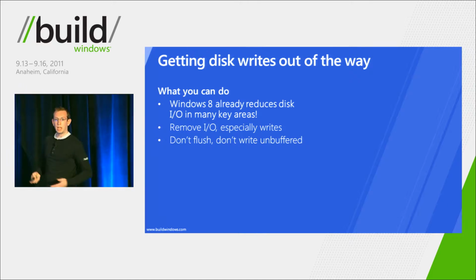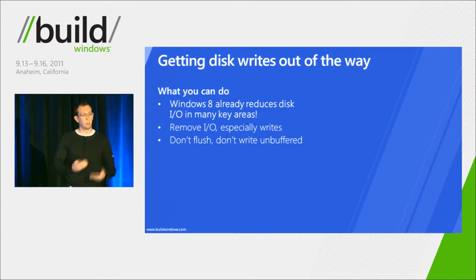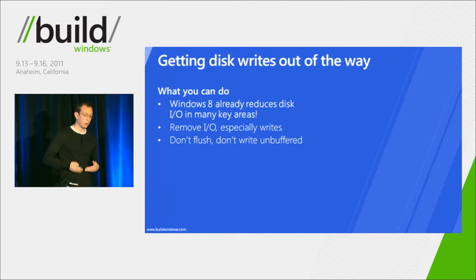So we've talked about the app model. We've talked about system-wide things that could be done. We've talked a little bit about power optimizations. Let's talk about disk. We'll talk about memory. We'll talk about network in slides that are upcoming. So when we took a look at Windows 8, and we took a look at what we wanted to do